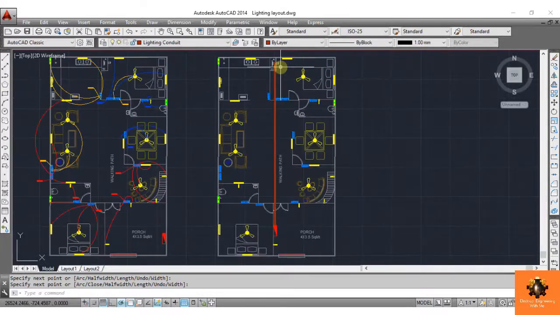So this is the main branch of this plan. All the circuit wires will be passing through this conduit, so you can take the size of this conduit as 38 mm or 50 mm. But sometimes the structural engineer will not allow 50 mm because of the ceiling thickness. In that case you may go with 38 mm.